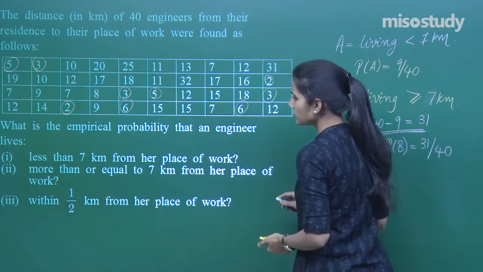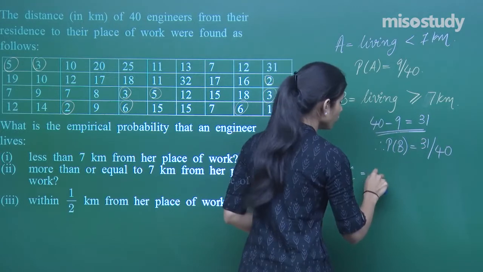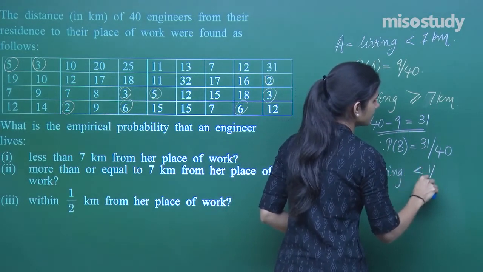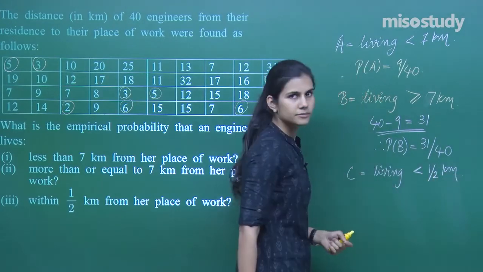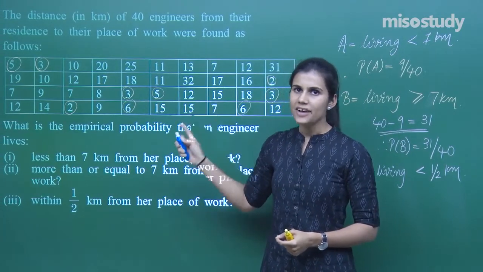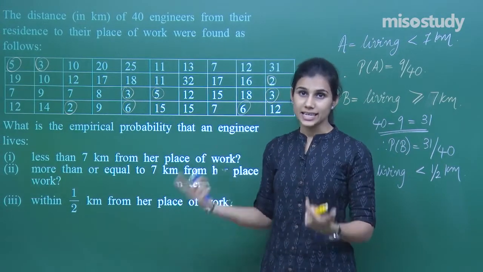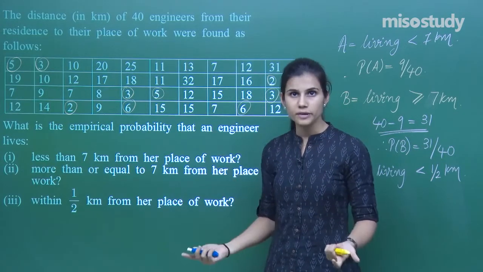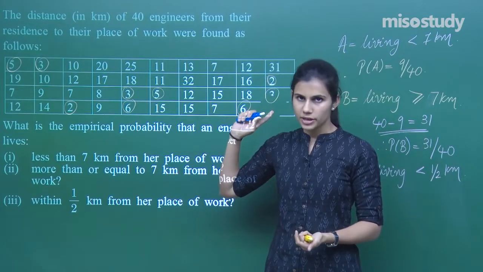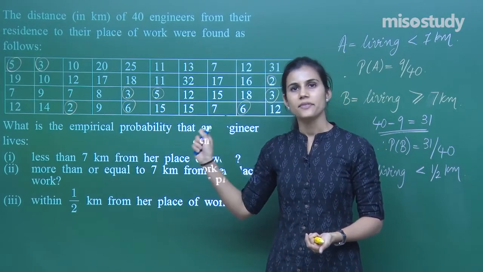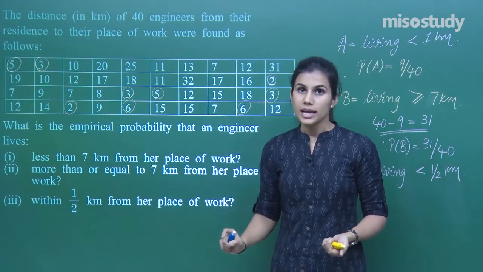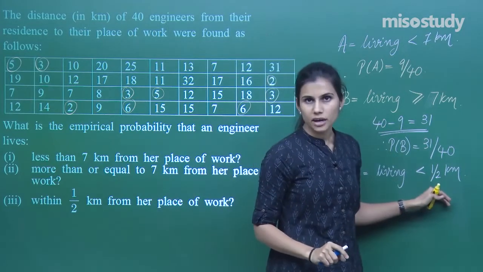Similarly, I have event C, which is within half kilometer. So living within half kilometer, less than half kilometer, that is 0.5. Is there any engineer who is having its distance from residence to workplace as less than 0.5 or even 0.5? No. There is no engineer whose distance from their workplace to their residence is less than half. Minimum 2 kilometers is the distance, and therefore there is no engineer which is living less than half kilometers away,